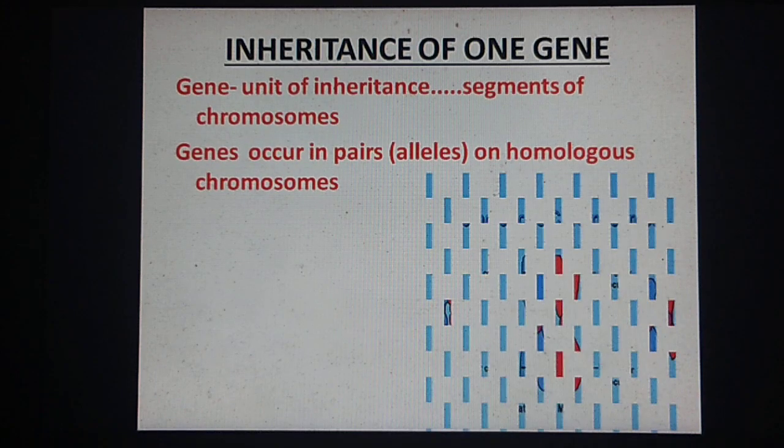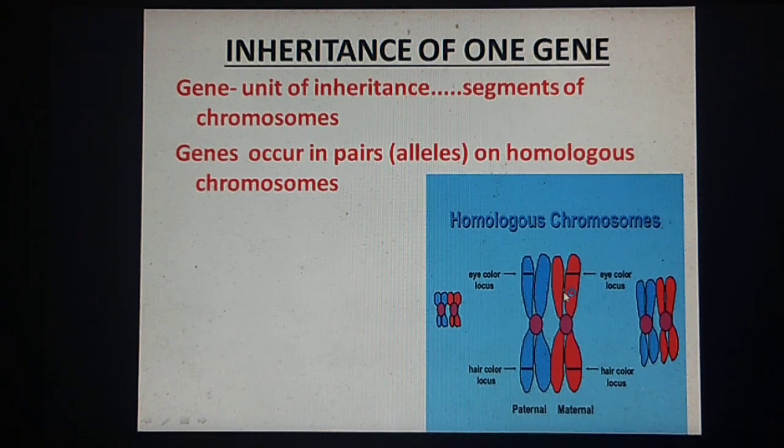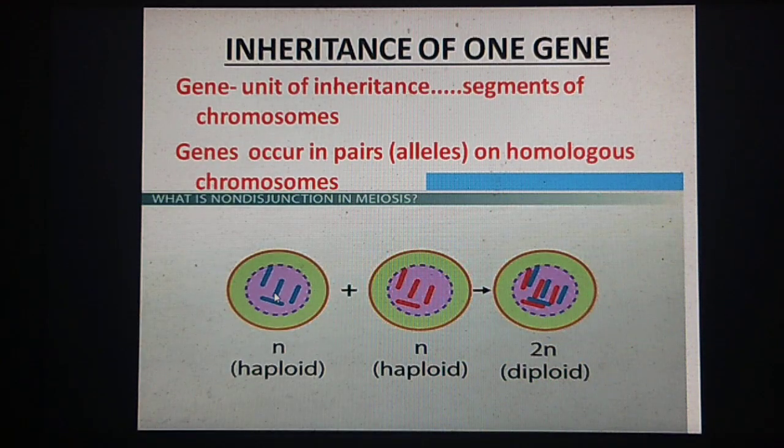Genes occur in pairs in diploid organisms. In diploid organisms, there are two sets of chromosomes, each obtained from the parents, that is during sexual reproduction. Each parental gamete has a number of chromosomes. Those are haploid in nature since they have undergone meiotic division. The union of two haploid gametes will give rise to a diploid organism. And we see that the set of chromosomes which are present in both the parents will be seen in the diploid cell.